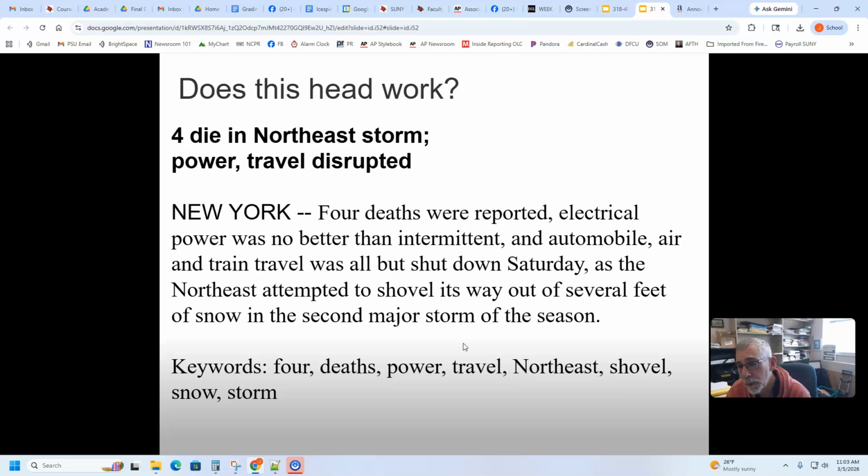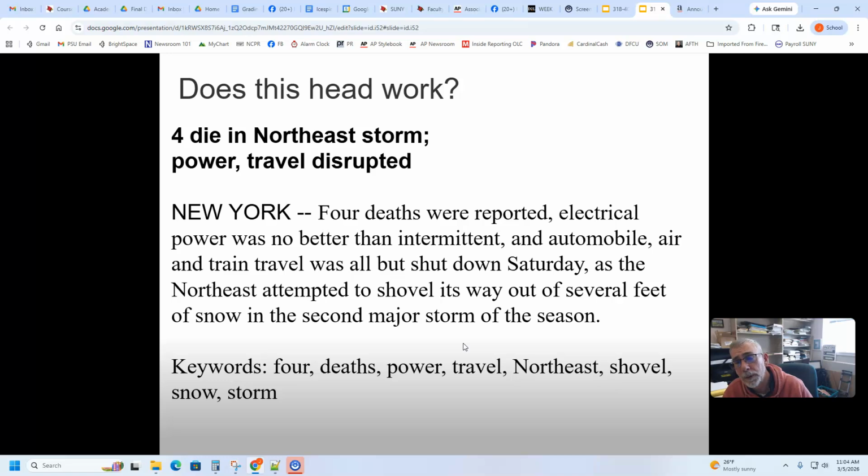Power travel disrupted. And let's look at this headline for another purpose. See how we have two ideas in the headline? That's okay. We have room for it. But if they're not separate sentences, because headlines don't have sentences, but they're fully formed separate ideas, then we can use a semicolon. Colons and semicolons do get used in headlines. Semicolons frequently separate those separate ideas, but they kind of have to be full-fledged ideas, not just a word or something. But they're not going to be actual grammar where they have to be independent clauses.